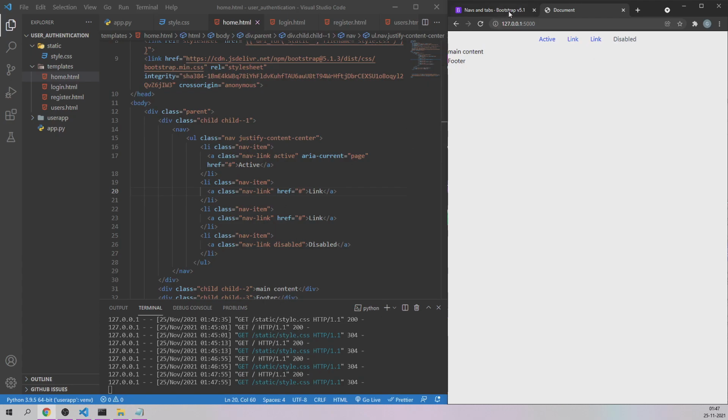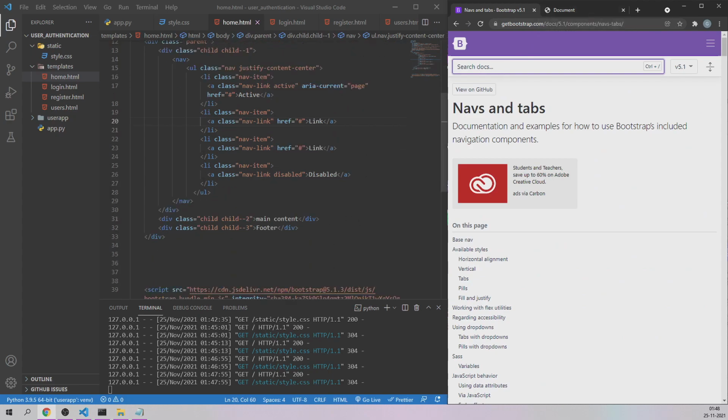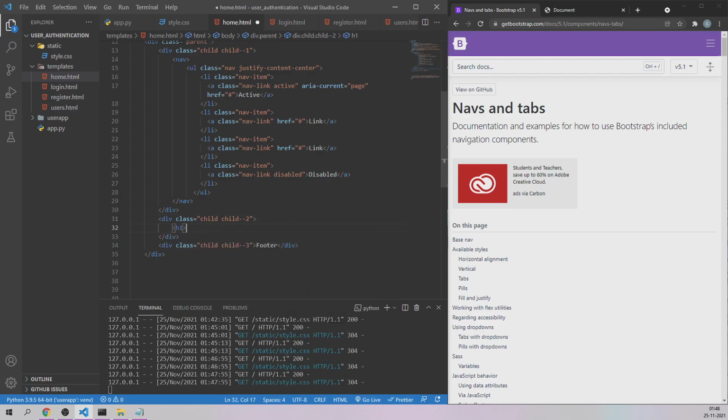Now let's come to the main content, which we'll fill out later. Main content right now has an h1 saying that this is the home page.